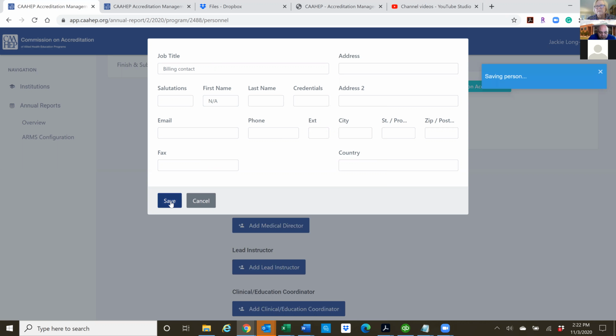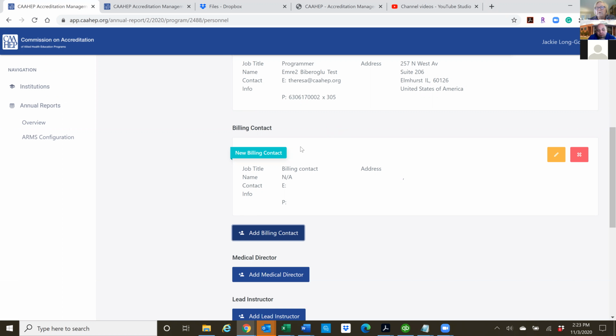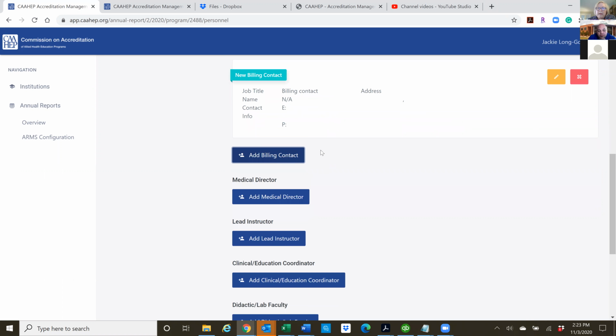So remember, this system is used by a number of different COAs, and some of them have very strict requirements about having a billing contact in. For me, I tend to just send it to the program director unless you've got a billing contact in. So you can either put yourself in, or you can say not applicable. You have to have one person in every screen, otherwise you're going to get an error message.